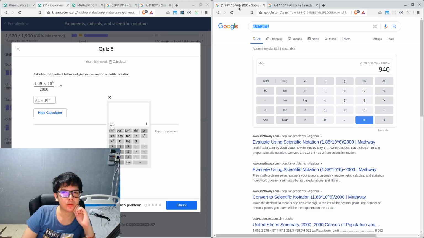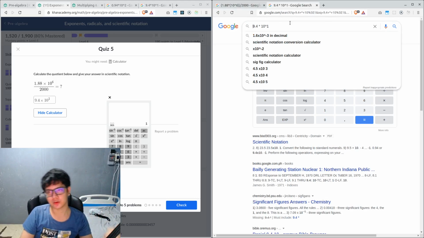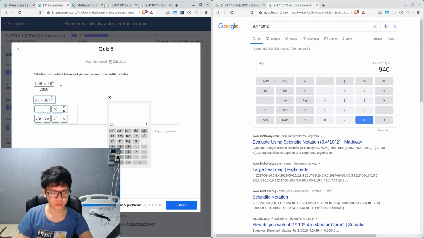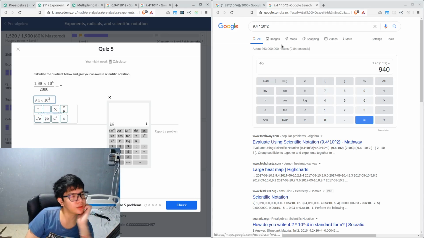1.8 times 10 to the 6 divided by 2, how can that equal 40? But this one only gives us 94, so we can pick 10. The problem is